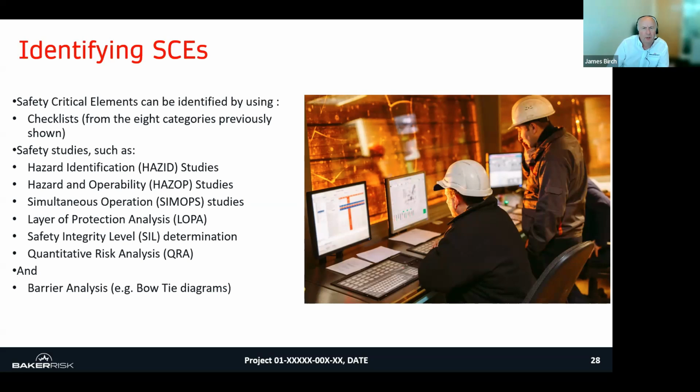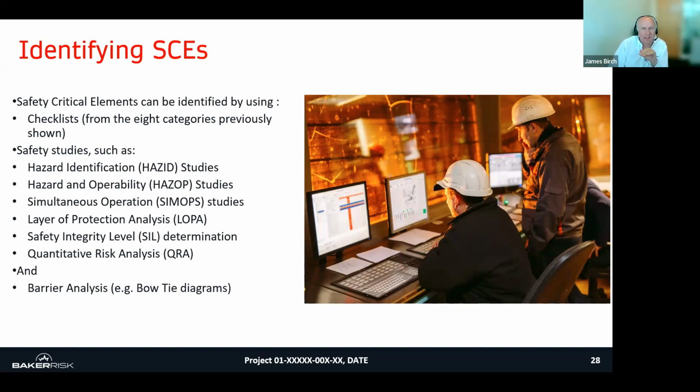These are approaches which take more resource, more effort, but look in greater detail. So we have the checklist approach from the different categories, which is perhaps simpler to apply, but probably going to be a little conservative. Or we have a more focused approach from safety studies. Those two approaches, if we put them together, give us a pretty robust assessment and give us an opportunity to start making the decision about too much, too little, find the balance.